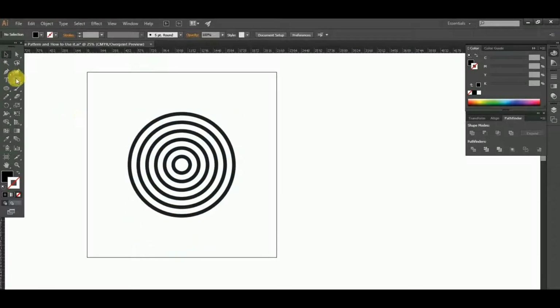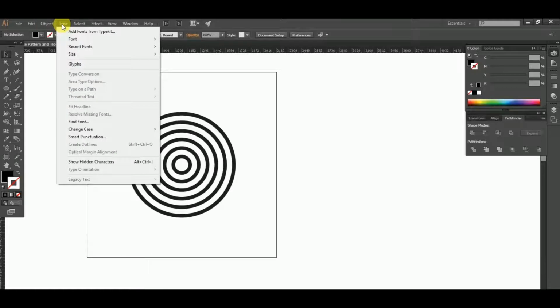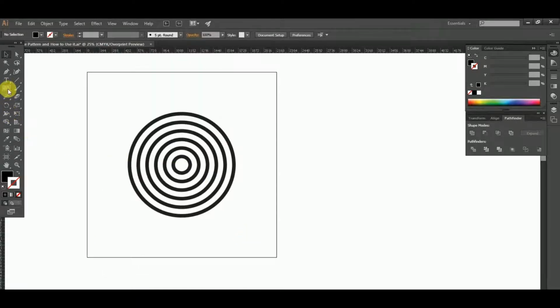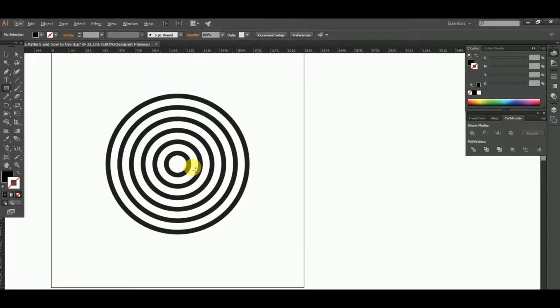After this we have to turn on the smart guides. On this option, smart guides, you can see there is a green line showing after turning on the smart guides. So just take it to the center and left side and top center,